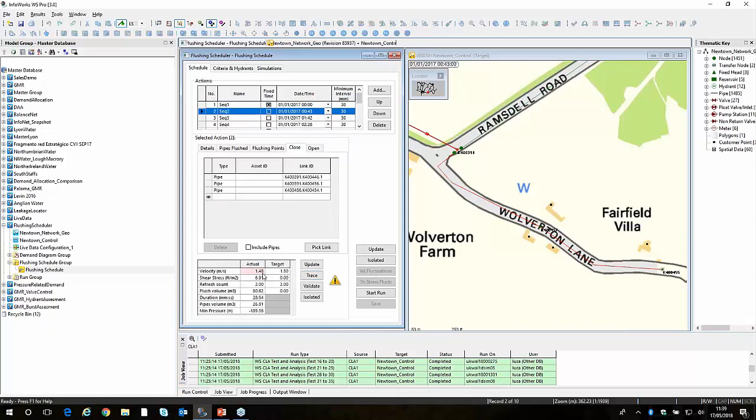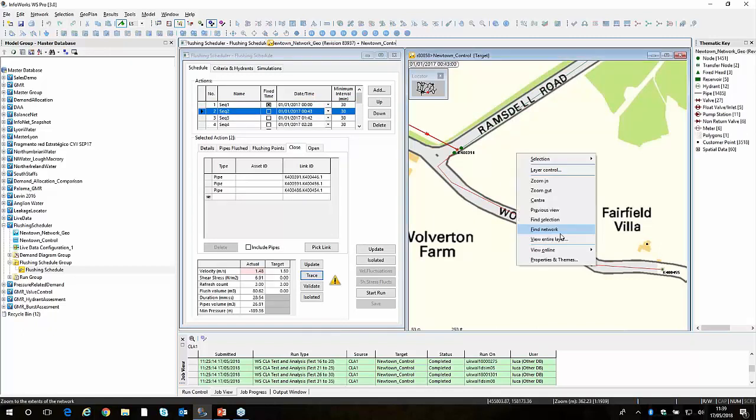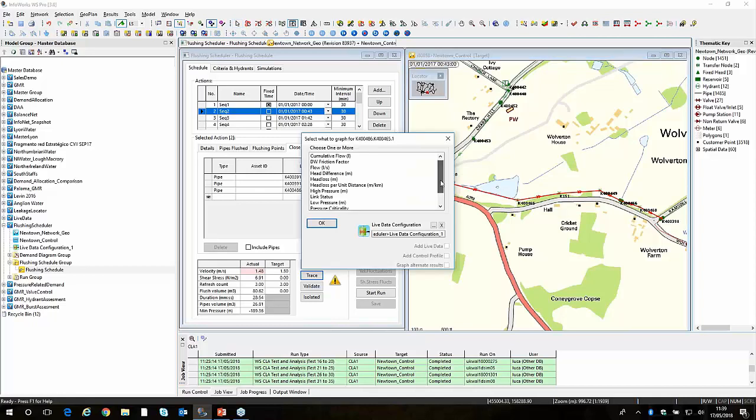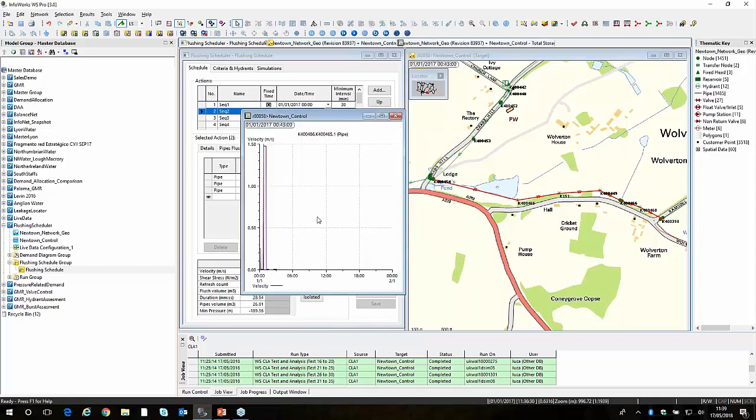We are actually in this sequence 2 that we can trace and again find the selection. We are a little bit below, but again we are very close, so we are probably happy with that. Because I'm running the simulation, I can easily look at all the modeling results as well. You can see here that I started with a high velocity, because I was flushing the pipe that was downstream. But here, this is my velocity, and I can actually auto-label to see what the exact velocity is at the